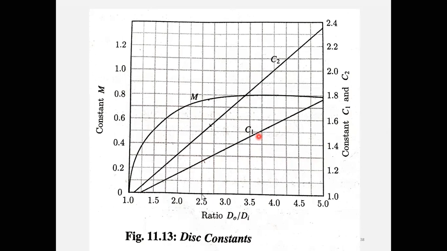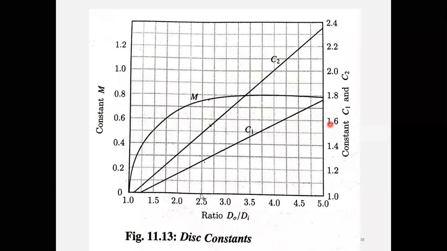Similarly, if the ratio is 2.5, move vertically up. You can see that here it is coinciding with the C2 inclined line. You just move to the right side, and you will get that value. It is not exactly on this point, it is nearer to that. This is 1.4, this is 1.5, so you can take it as 1.49. That is the C2 value.